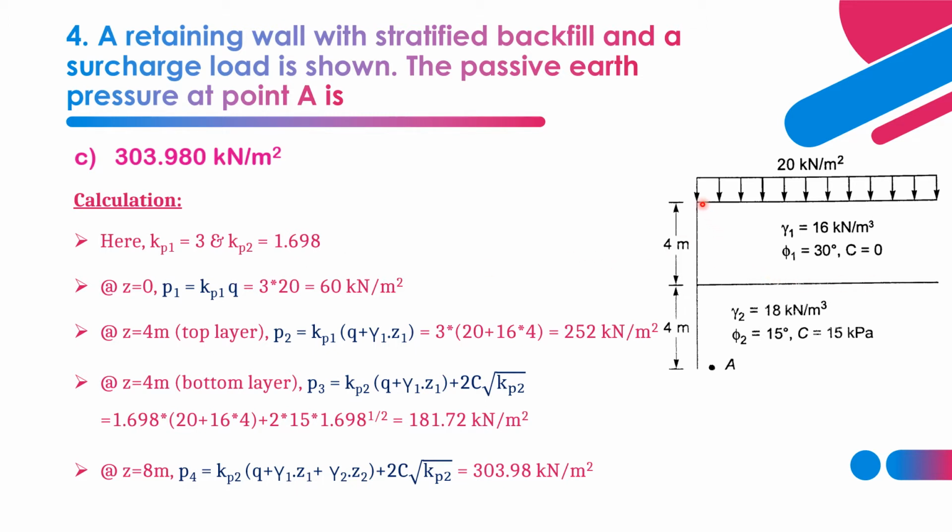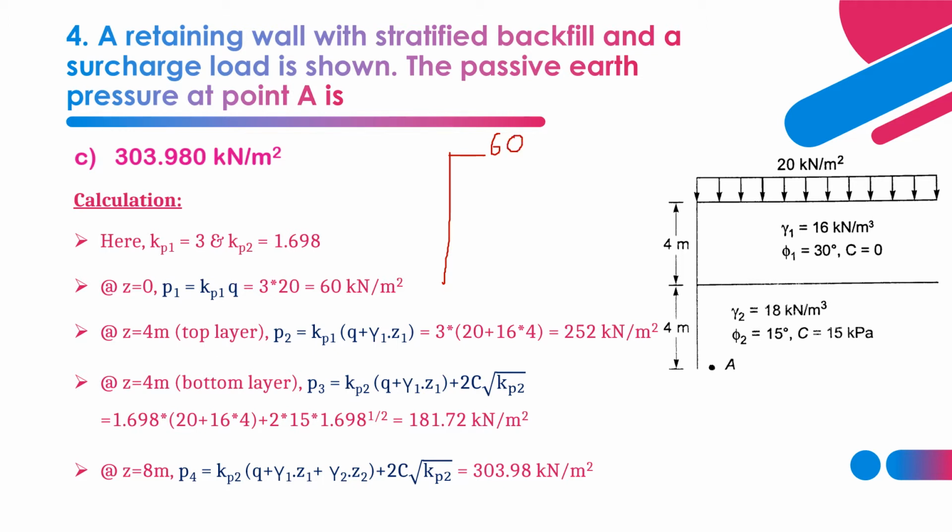And from the first layer, or the zeroth depth, we can find the pressure value. So pressure is given as Kp1 into Q. How? Because there is one surcharge occurring at the top of the soil. So first, considering the surcharge, we can get the value for P1 as Kp1 into Q, that is 3 into 20, that is 60 kilonewton per meter square. For example, let's draw the diagram. So this is 60